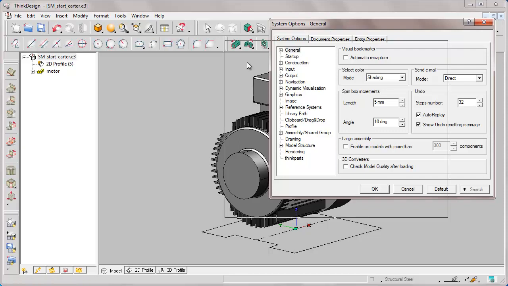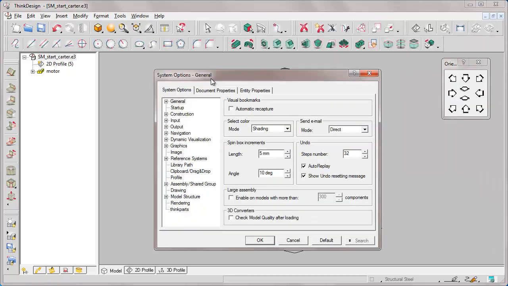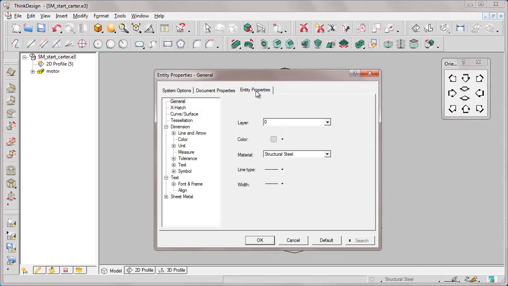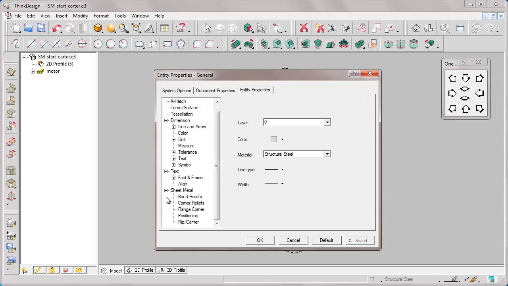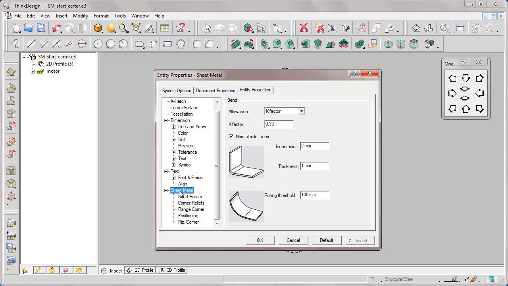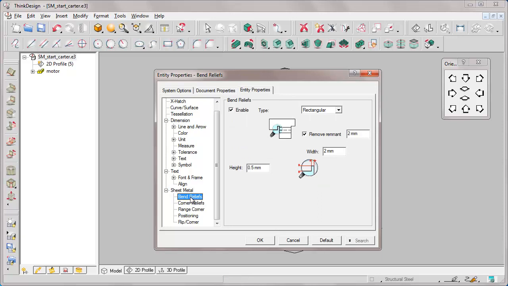The sheet metal category of the entity properties provides a series of options controlling, in this case, the calculation of the allowance to take into account the shrinkage and elongation undergone by the material we use, either by the K factor or picking up from a set of tables specifying the values of shrinkage as a function of thickness, bend radius, bend angle. Let's analyze all the other parameters belonging to the sheet metal commands.